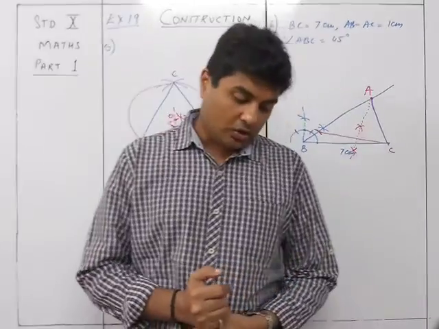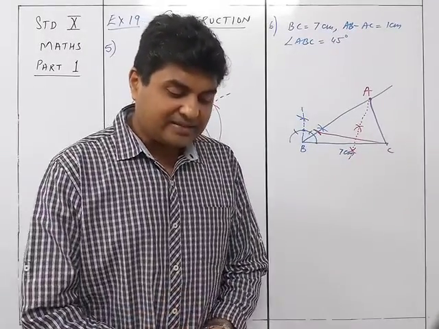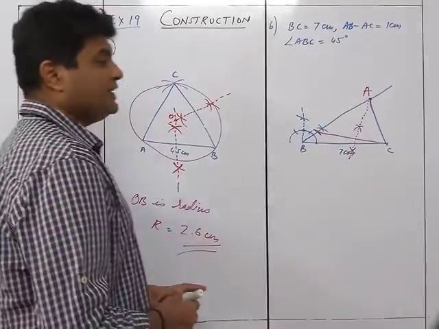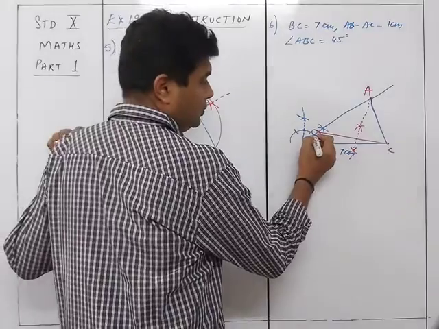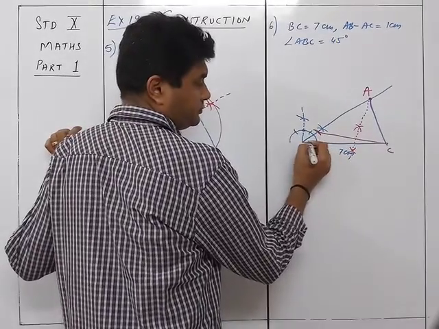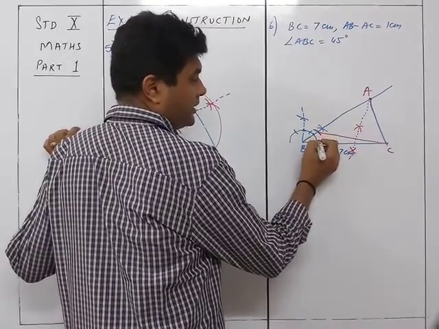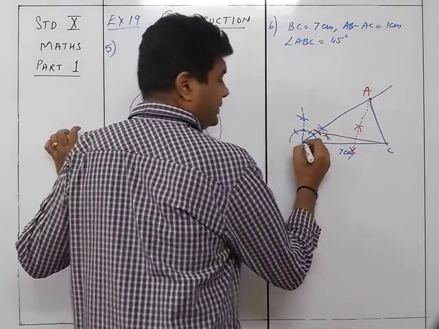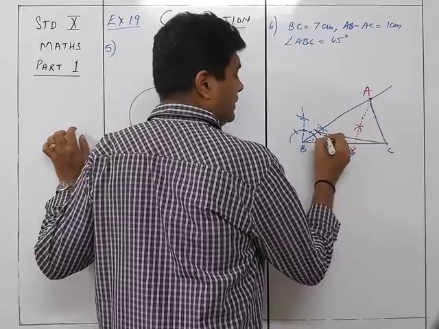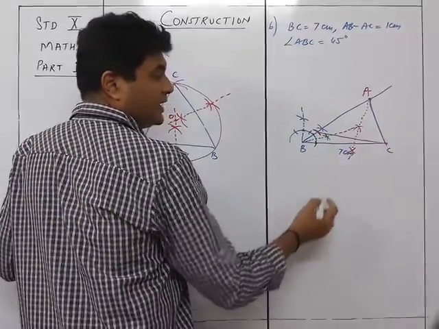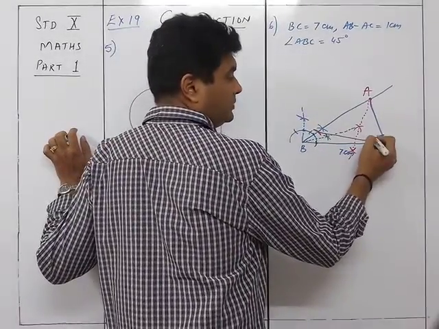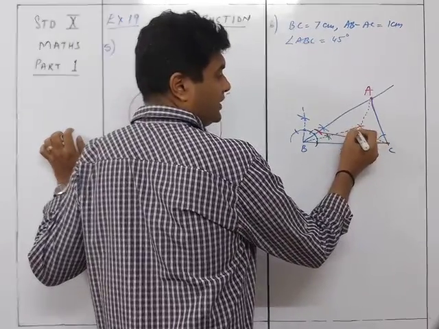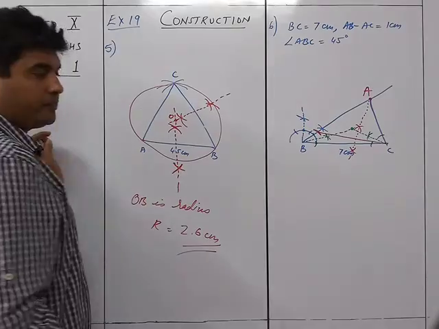Now the next thing is to inscribe a circle into this. So I'm going to draw the inscribed circle. I'm going to draw the angle bisectors at 2 points. So this point over here is the required point. Cut here, from here we cut an arc here, from here we cut an arc here, and we draw this angle bisector. Similarly, we can draw an angle bisector over here. So this will be the angle bisector. They will meet at this particular point.